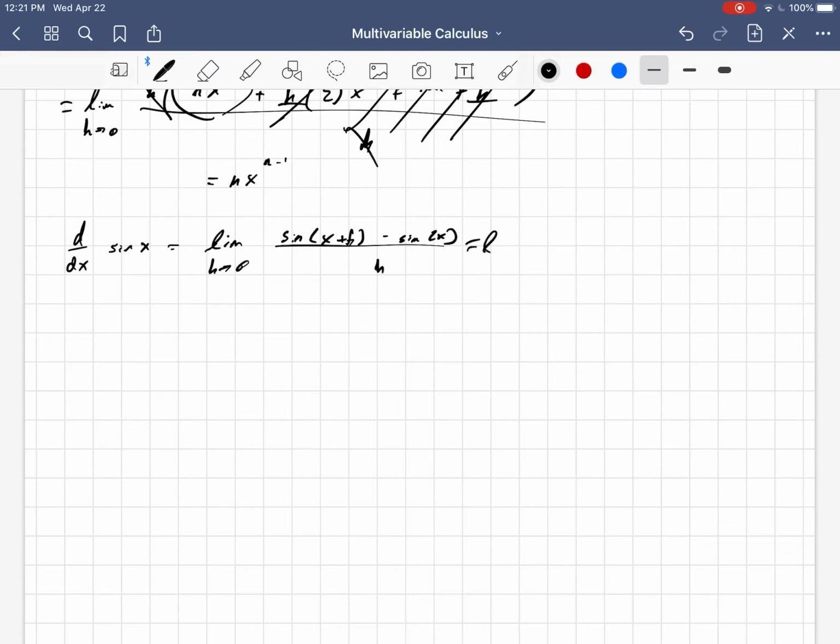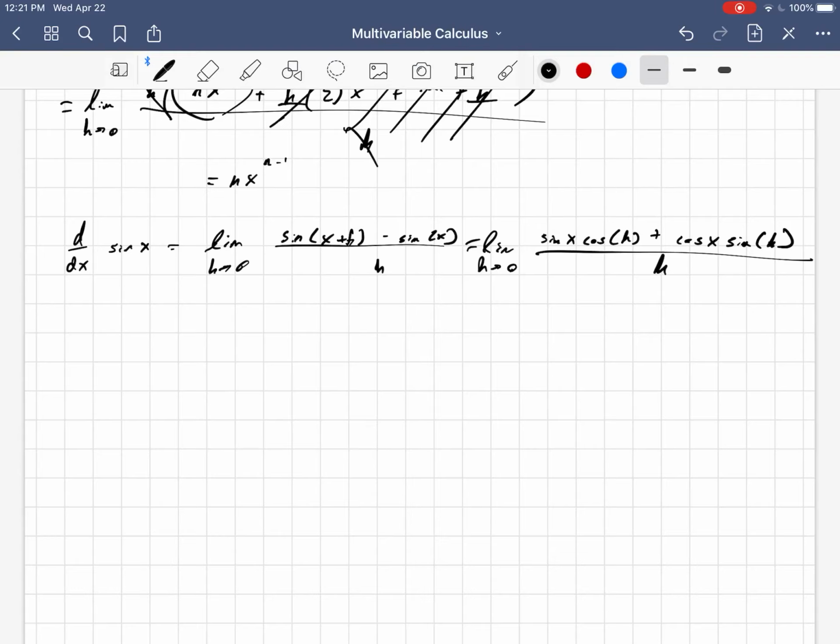Well, that's the limit as h goes to 0 of sine of x plus h minus the sine of x over h, which using some trig is the limit as h goes to 0 of sine x cosine of h,